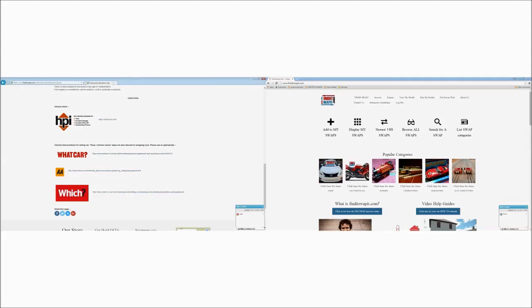So you'll get details about the car or the vehicle, whatever. You then need to exercise all the common sense procedures, like we said in the last video, in terms of looking at their feedback, getting the documents together, conversing with them in a particular type of way. I can't tell you how to do that. It's just common sense, but you will find a lot of good information on here. There's a lot of, you know, do a check on the car, see if there's any outstanding finance or issues with the car. Read these 3 forums that we're directing you to, because you're not going to get any better than the AA, which or What Car. Some of these also contain forms that you can download,